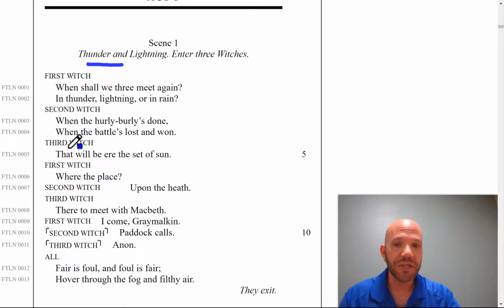So we have 3 witches. They don't have names. They're just called first, second, third. This rhythm here is different than the normal iambic pentameter, which maybe you remember from last year reading some Shakespeare. This part doesn't have the 10 syllables in each line. This is something called trochaic tetrameter, I think. It doesn't really matter, but it's interesting to know that this is one of the meters that Shakespeare saved for supernatural beings, witches, and things like that, to separate them from human beings.